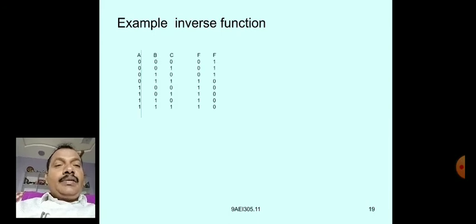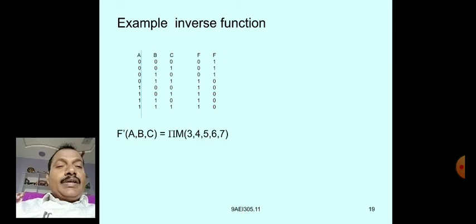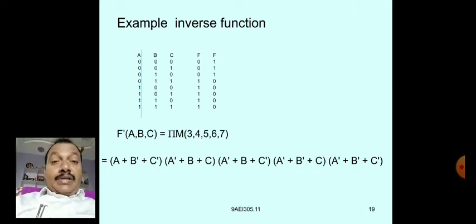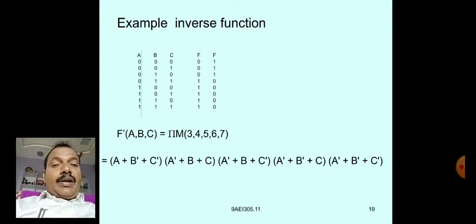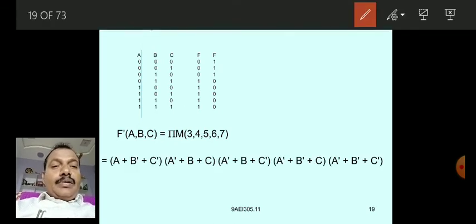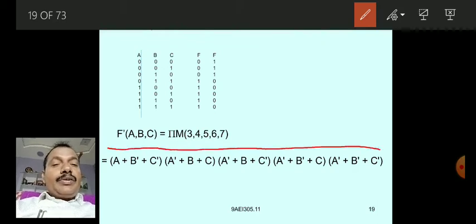Let us take the inverse function that we have discussed, that is the F1 bar function. For this function, this is the product of sums. In a similar way, you have to double complement it, and once double complement is reached, you first apply De Morgan law to the lower bar like this.